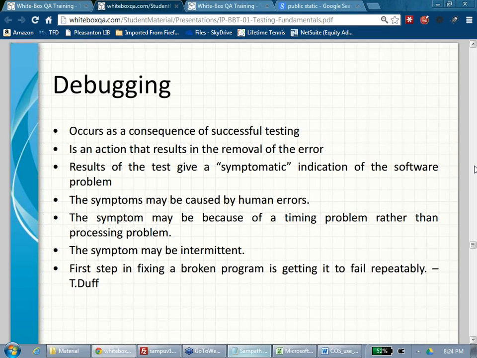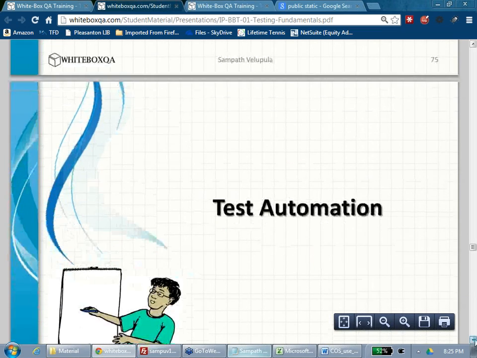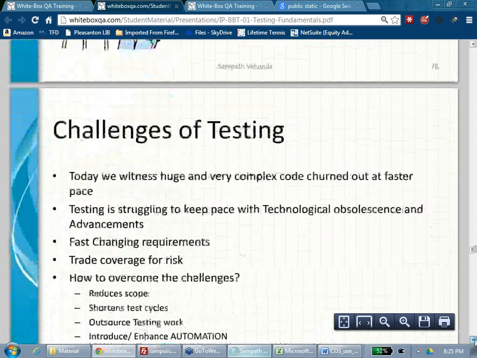Finally, it happens on a line somewhere. So finding the root cause of that bug is called debugging. Very good. Who does debugging? Does the tester do debugging? Developer. Very good.